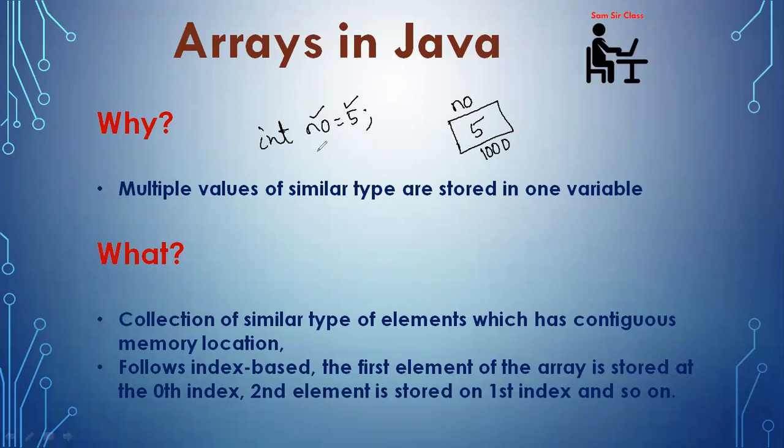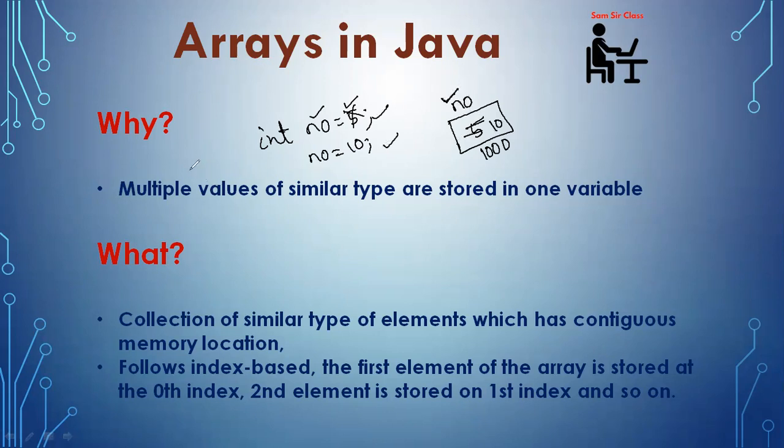So when my requirement increases, I want to store multiple values in that variable. What I will do, I can assign another value to that variable, thinking that this variable can keep both the values. But in reality, what will happen? 10 will override the previous value 5. So through this, my old value got deleted. So now the problem arises: how can I store multiple values in a single variable?